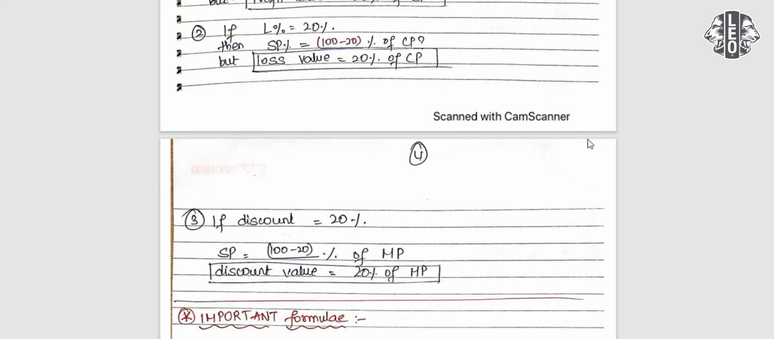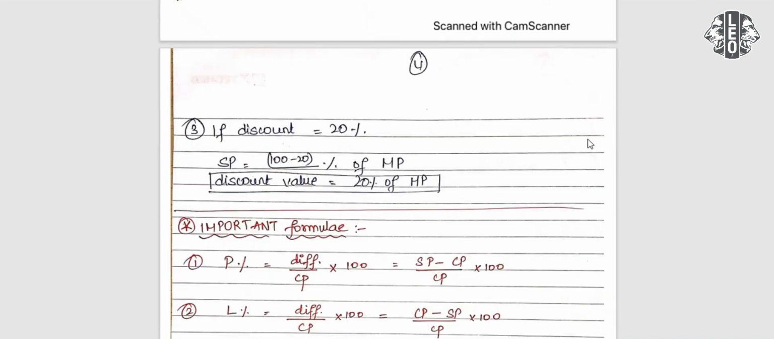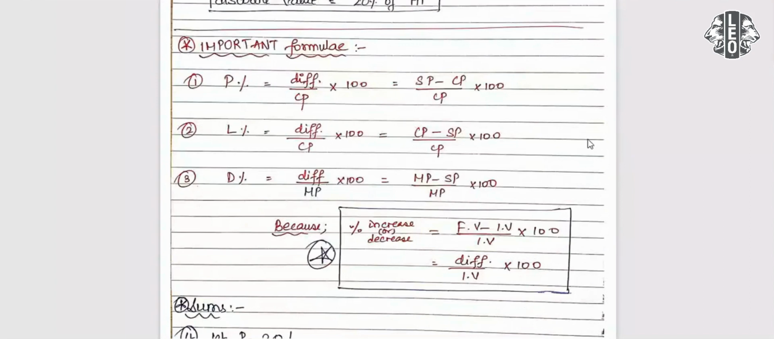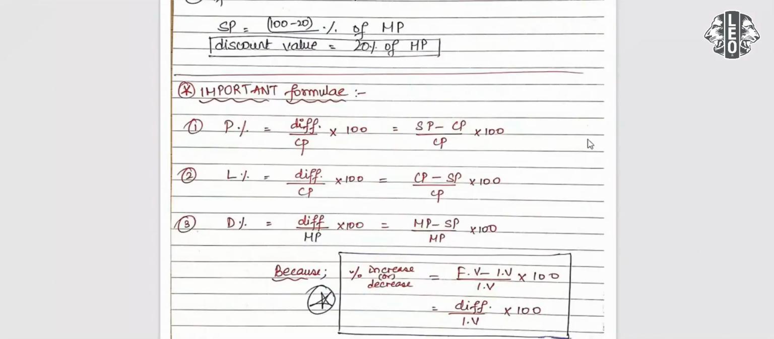Discount is equal to 20%, means selling price is equal to 80% of marked price or labeled price. So that is going to be very, very important. Discount value is nothing but 20%, the discount percentage, into the initial value of marked price. So selling price is 80% of marked price and discount value is 20% of marked price. Hope this is understood. Now, let us see one important formula that is going to give you the profit percentage,